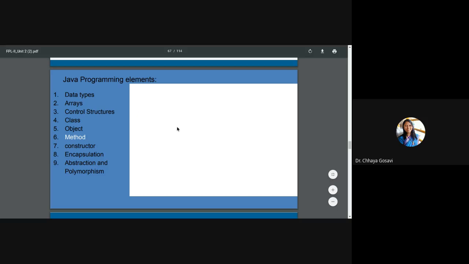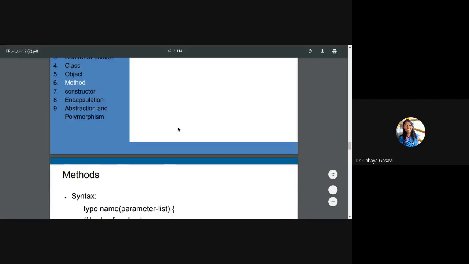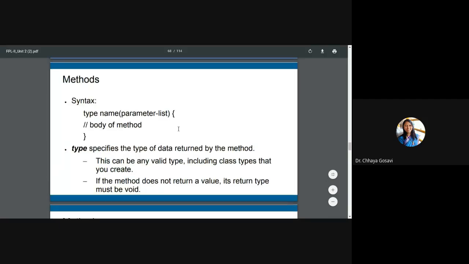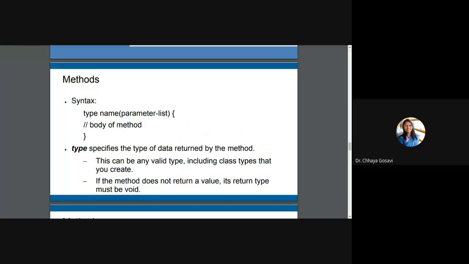So in the previous class, we have seen how to create a box class, and we added three variables in the box class: height, width, and depth. And we have written a function, volume, to calculate the volume of a box and return the value. So for the syntax of a method, method means a function which is exactly similar to C functions. If you are familiar with C functions, you will find it very much similar, or exactly the same. So the method name, then parameter list, return type, and body of a method.